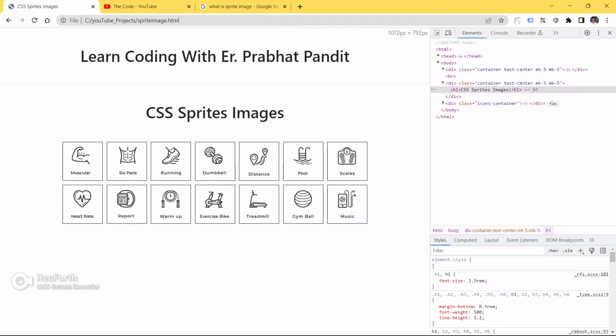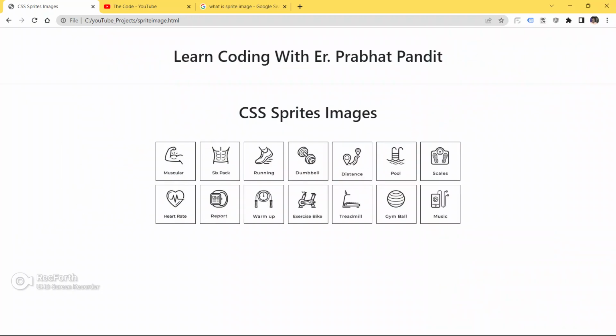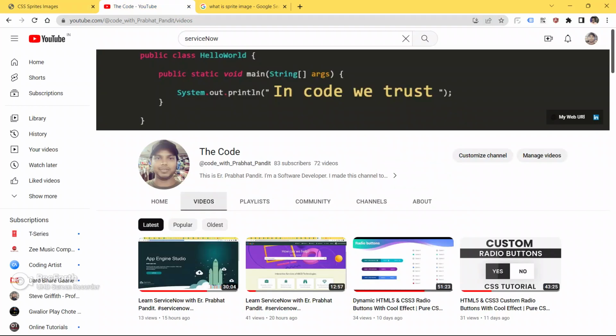So in this video guys, we are going to learn how to make this kind of sprite images responsive as well. So I would like to request you guys, please be here and watch the entire video till last. I'm sure guys you will learn a lot of things from this video in terms of HTML, CSS and media query also. So let's get started guys, and let's learn how to make this kind of responsive CSS sprite image using HTML, CSS, and sprite image guys.